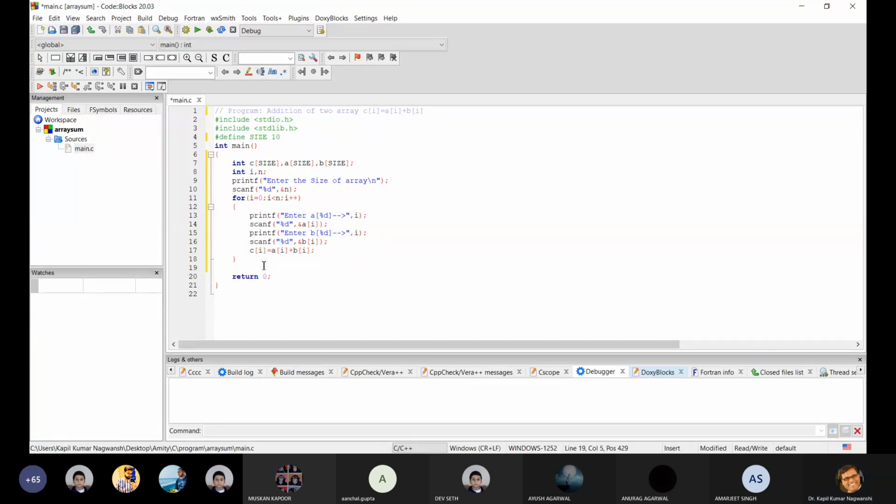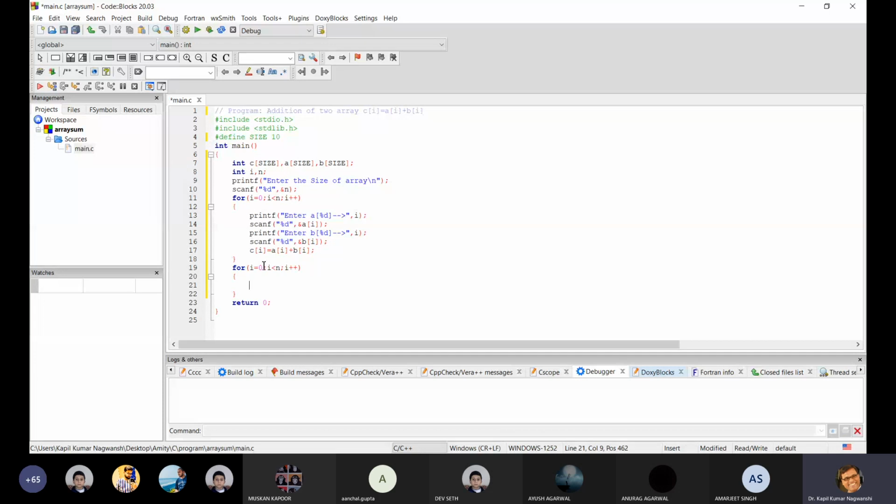So, for: now this for and this I are different. Okay, I equals to 0, I is less than n, and again I plus plus.